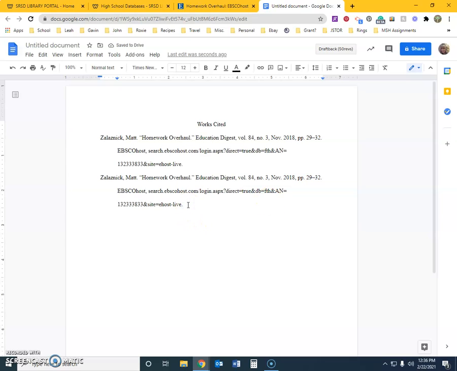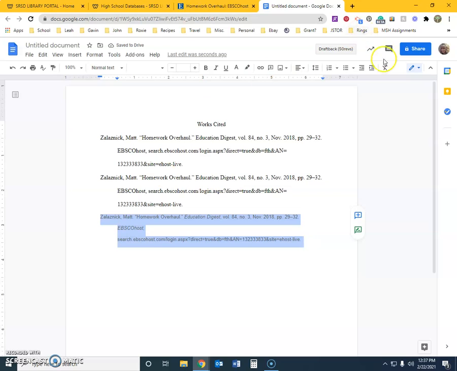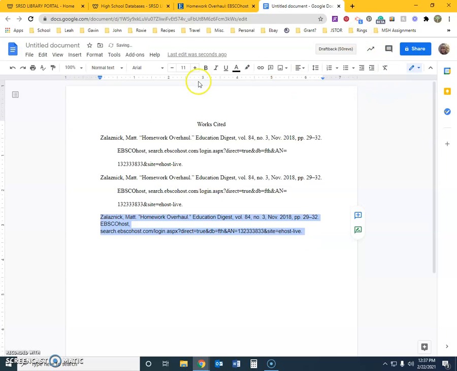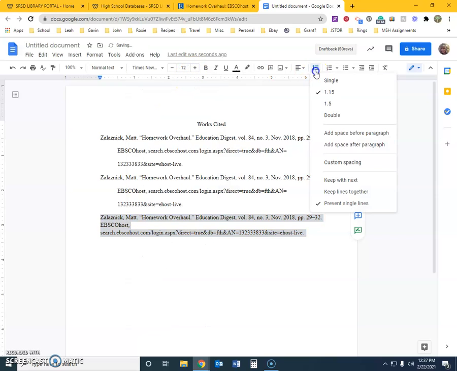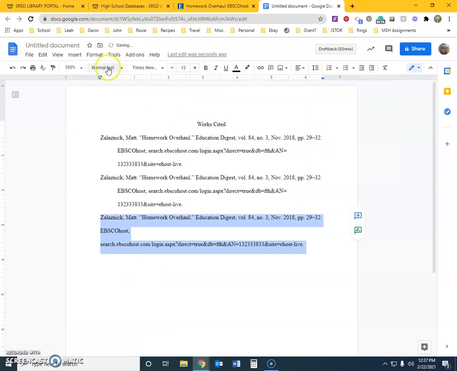I'm going to do it one more time. Right click, highlight the whole thing, remove the formatting, font, size, spacing, margins,